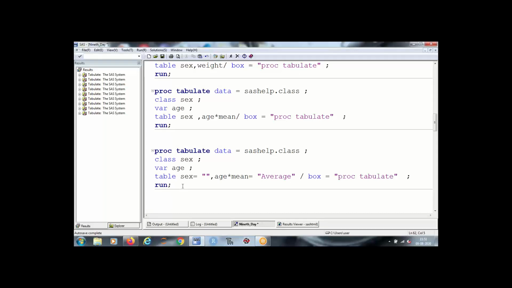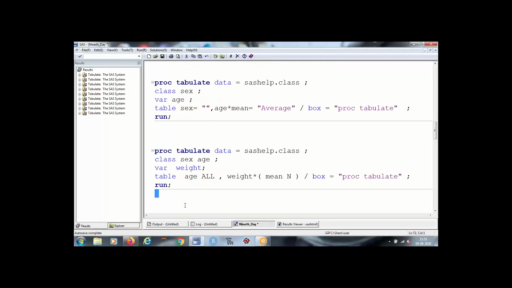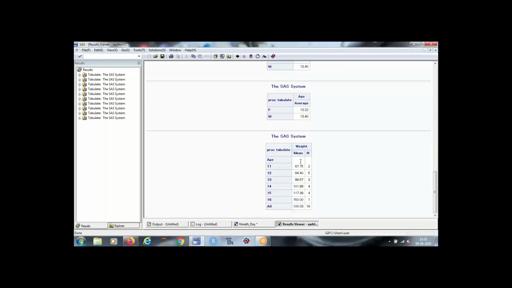Okay, let's move on to a few more examples. Now, if you want more than one statistic, you can put those statistics in by introducing a new keyword, which is ALL. This is a predefined keyword. This will give you the total for that particular column, for another column, right? For any statistic, this will give you the total.